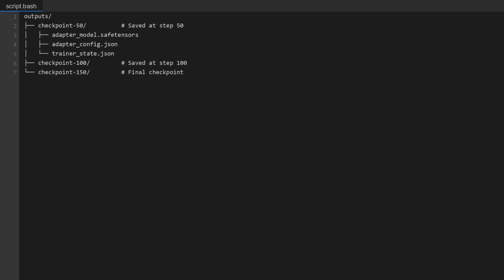The per-device train batch size of 4 indicates how many samples will be processed at once, while gradient accumulation steps of 2 allows you to effectively double your batch size without increasing memory usage. The learning rate is set to 2e-4, which controls how quickly the model learns, and using a cosine learning rate scheduler helps adjust this rate over time